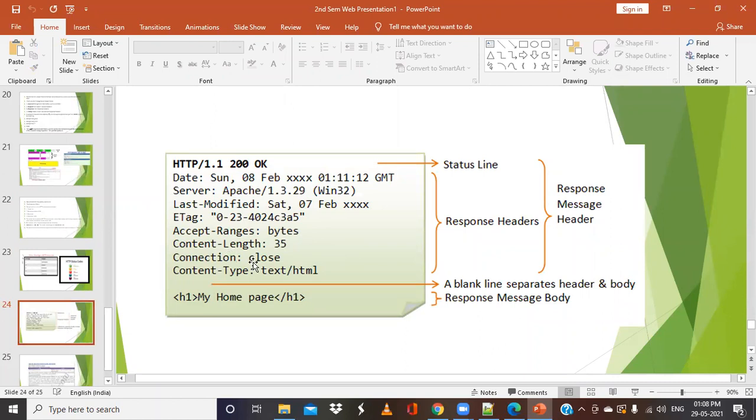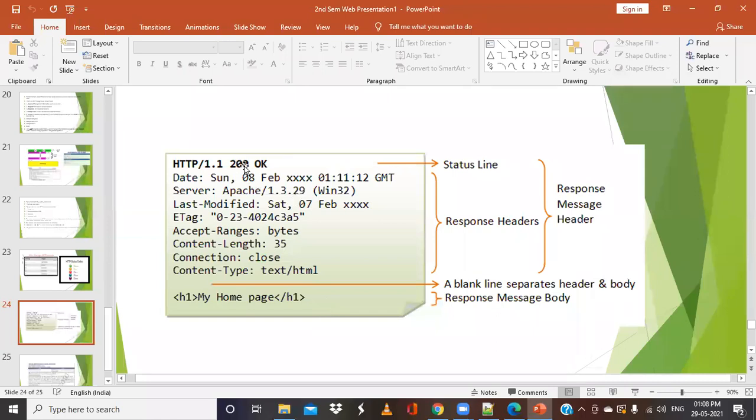All the details will be included in the response headers. Then it will have a blank line, then the response message body. Whatever response you get from the server will be displayed on the web browser. That is the response body. Whatever information you are requesting will be displayed on the browser.